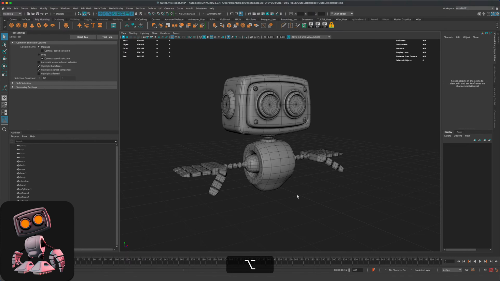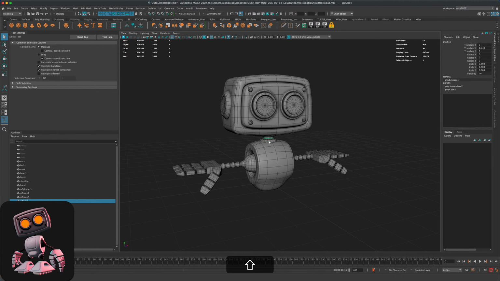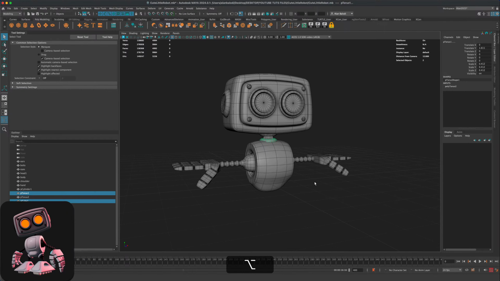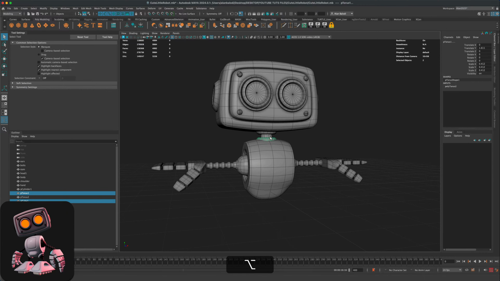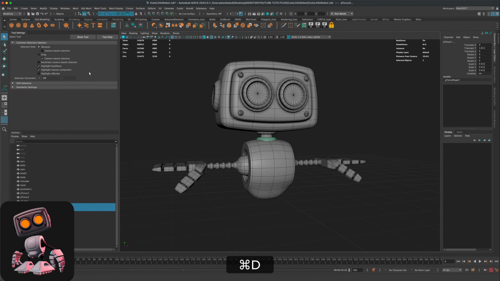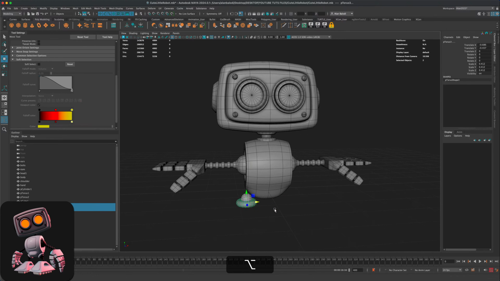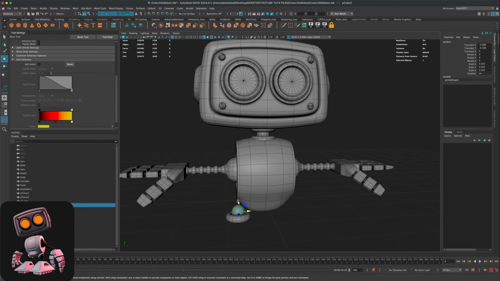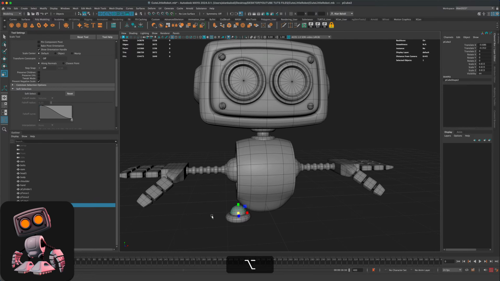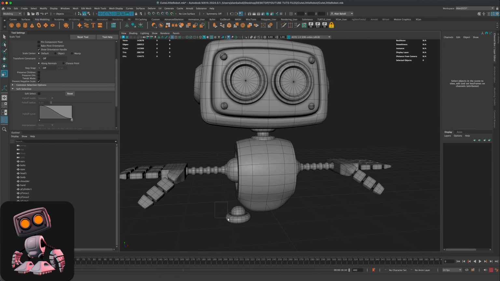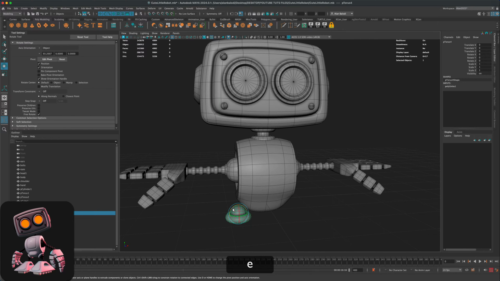Alright, so for the legs, I think what we should do is grab pieces that we maybe already did to simplify things. So I'm going to grab both of these pieces, press Control D, and just move them down. Let's move this down a little bit, press R, maybe make it a little bit larger. And I'm going to grab both of these and combine them into one, then press E and just simply rotate it into kind of